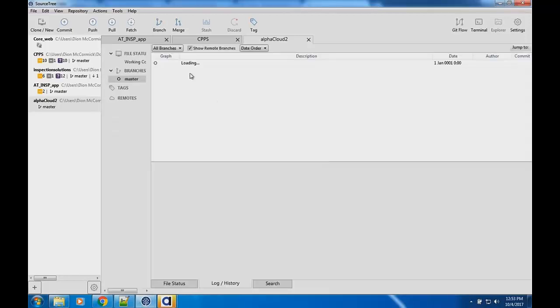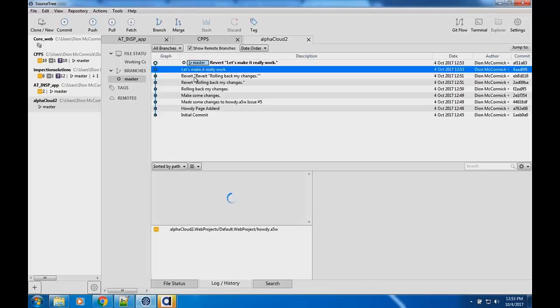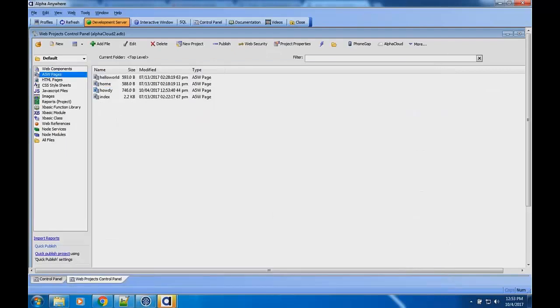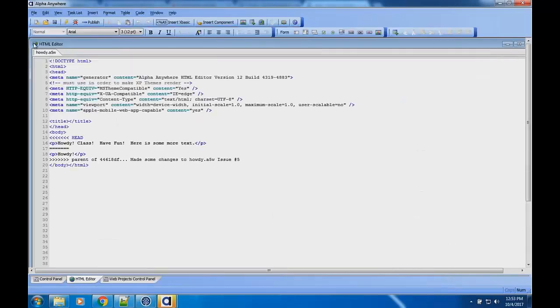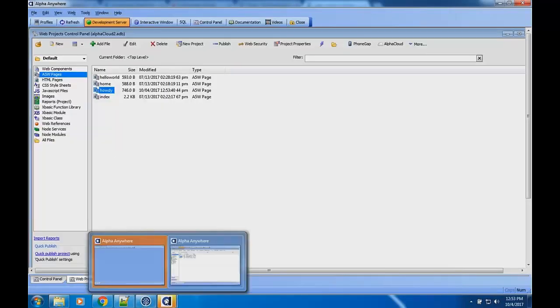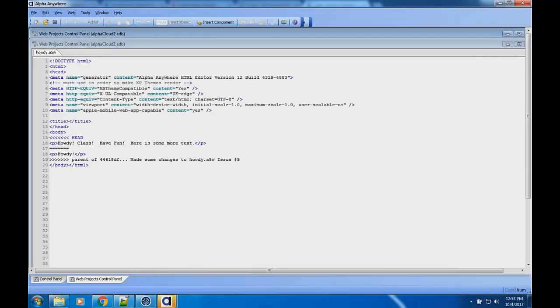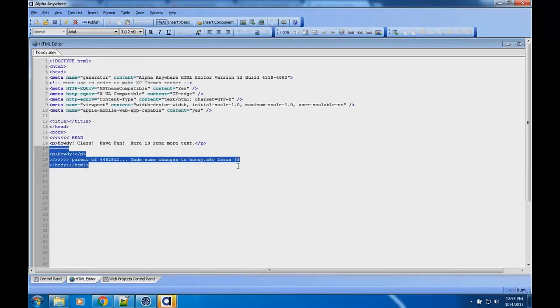Yes. Okay. And let's go ahead and open this up. Okay, yeah, no, doesn't have that in there. And, well, actually it does. It put it back to where it had these items here. So I reversed that commit, so it brought back these kind of junk things in there.